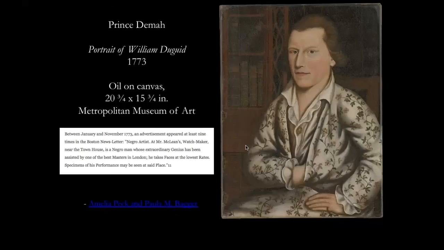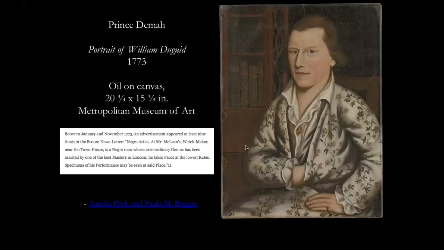So some of the evidence that we have for his cultural production comes from an advertisement appearing in the Boston Newsletter, which I have quoted here. "Negro artist at Mr. McLean's watchmaker near the townhouse. The Negro man whose extraordinary genius has been assisted by one of the best masters in London who takes faces at the lowest rates." And there he was basically able to compete favorably with portrait painters who were much more